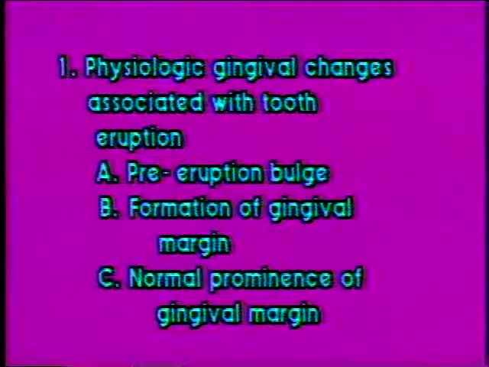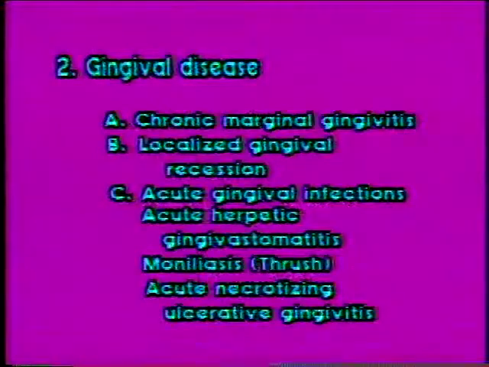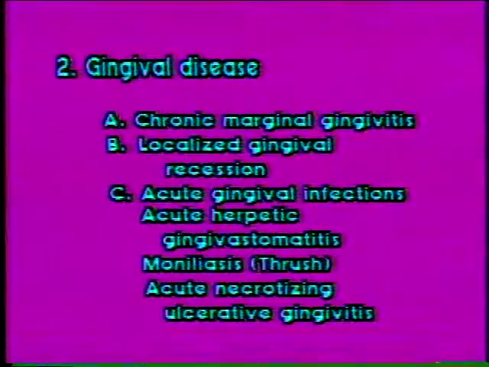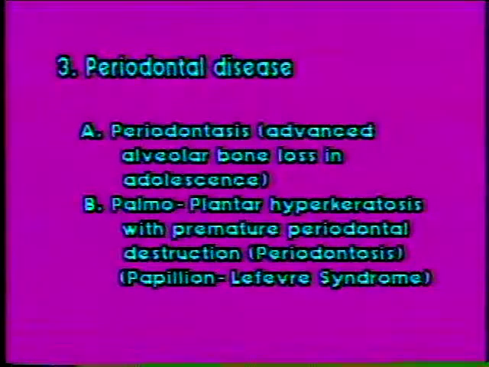Physiological changes associated with tooth eruption, pre-eruptive bulge, formation of the gingival margin, normal prominence of the gingival margin, gingival disease, chronic marginal gingivitis, local gingival recession, acute gingival infections, acute herpetic gingival stomatitis, moniliasis, thrush, acute necrotizing ulcerative gingivitis,